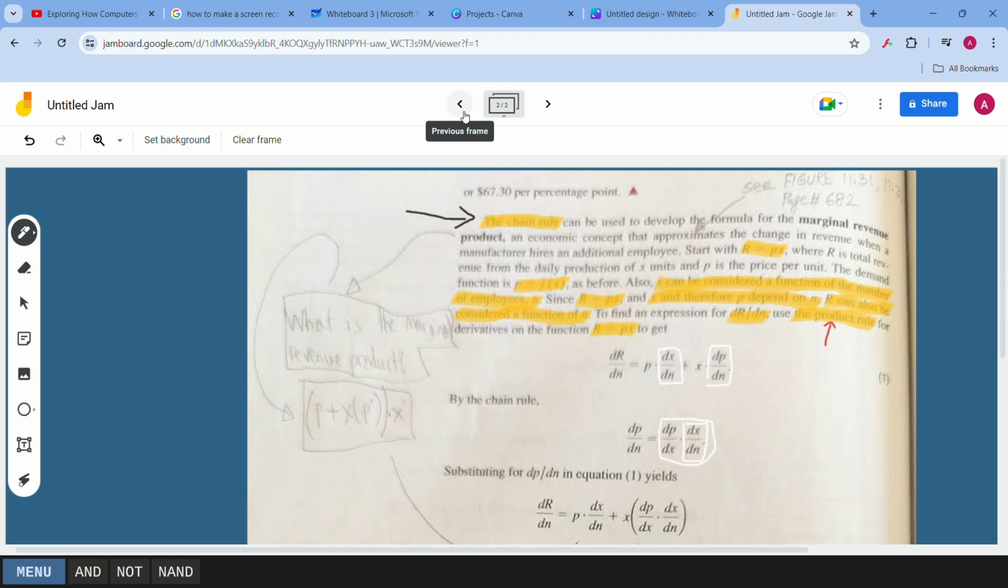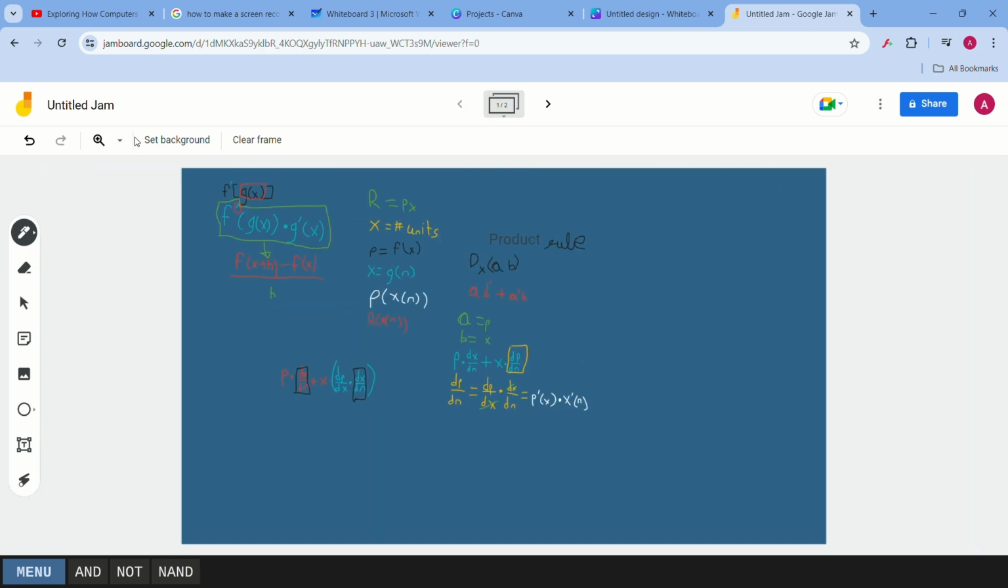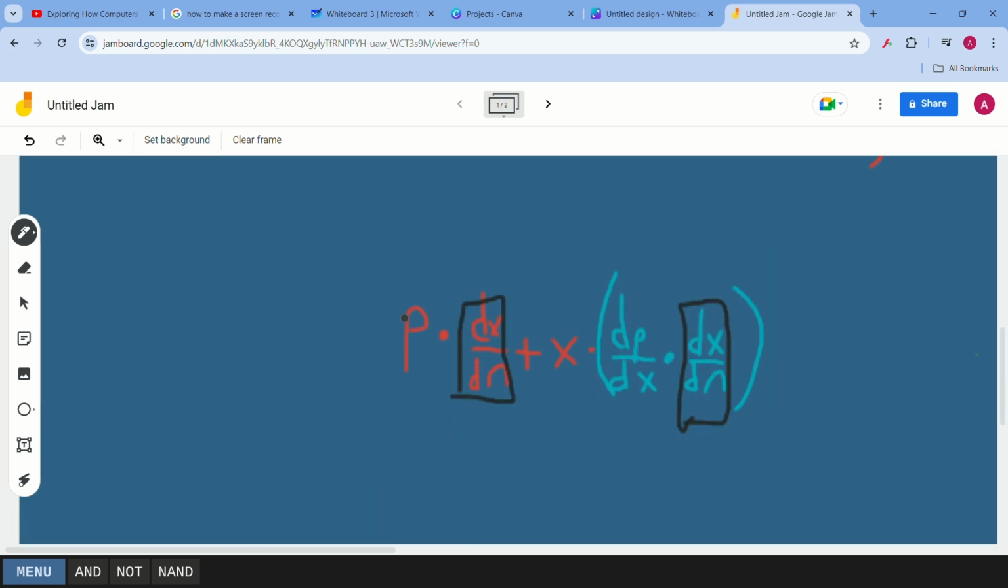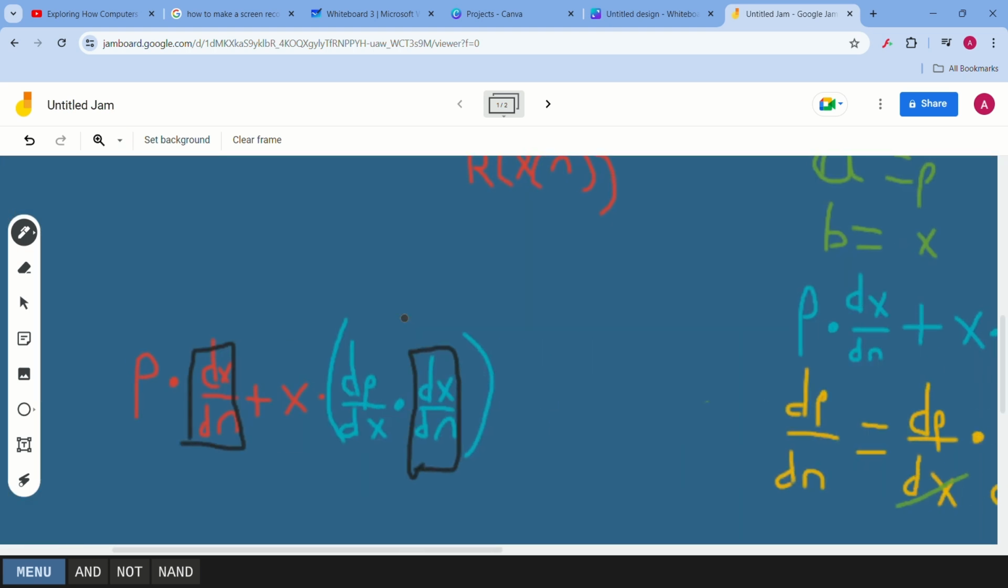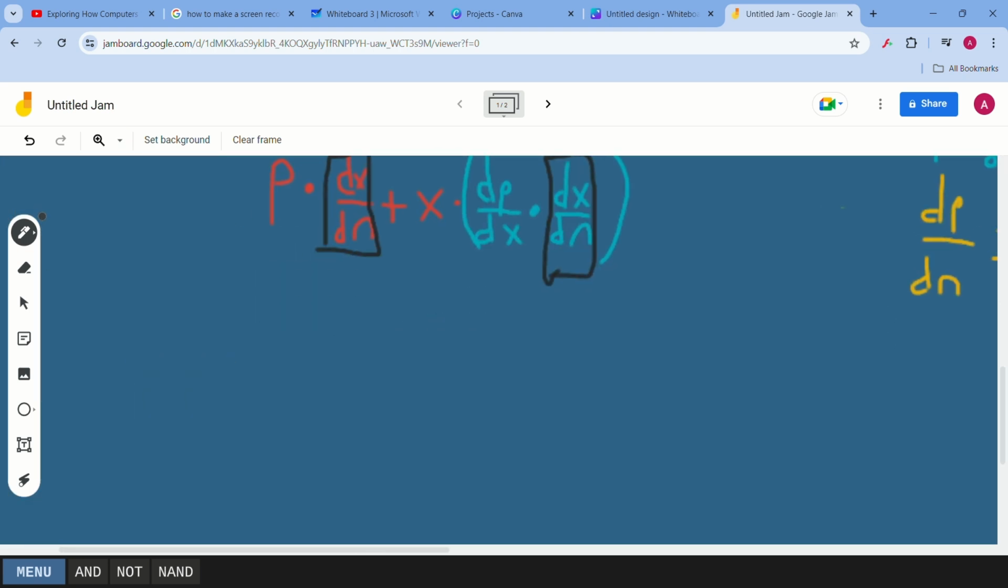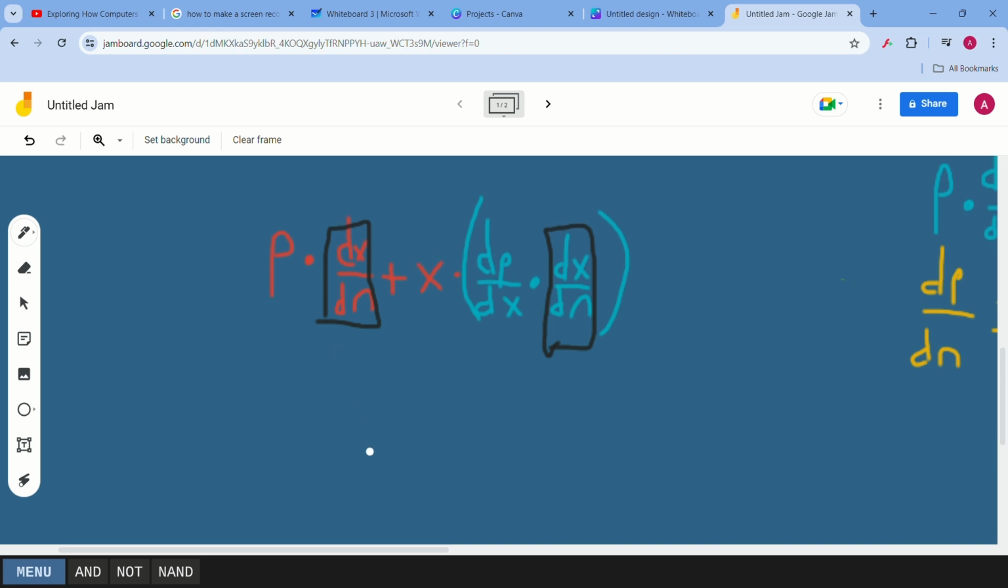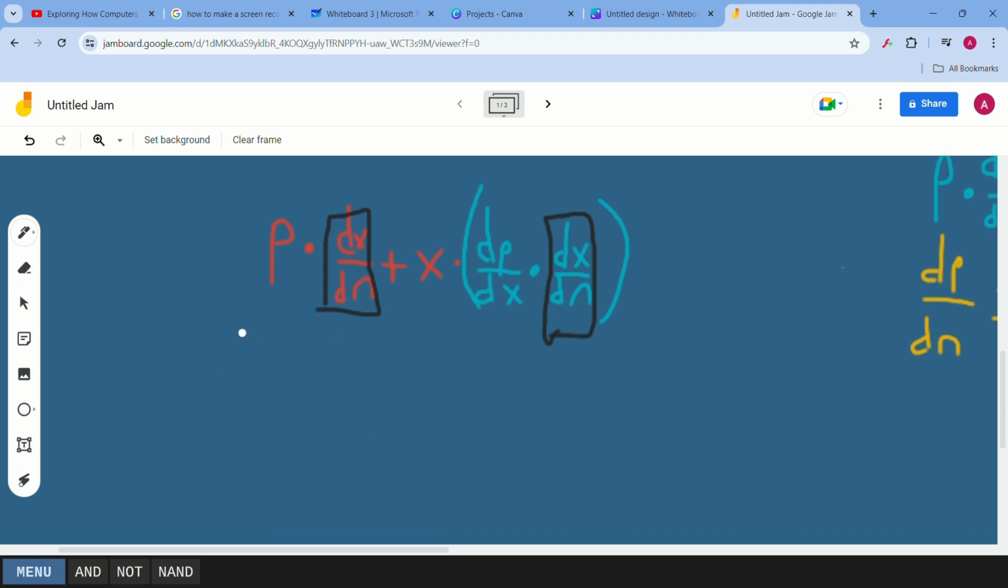Okay, I'm gonna move on now, and I'm gonna put this back at 200% because I feel like it. Okay, so we're gonna take, as you can guess, dx over dn common. So I'm gonna write, actually I'm just gonna put this first, p